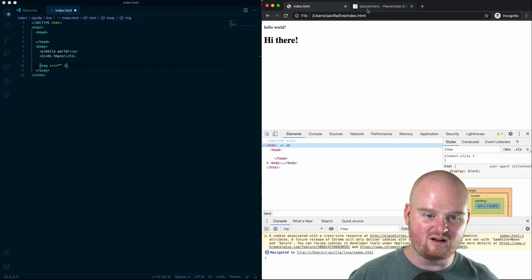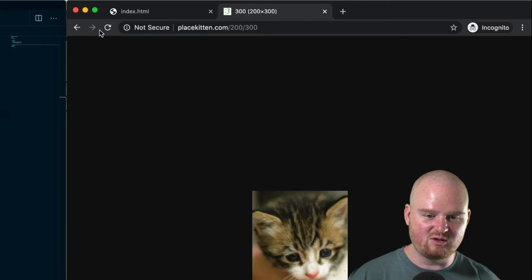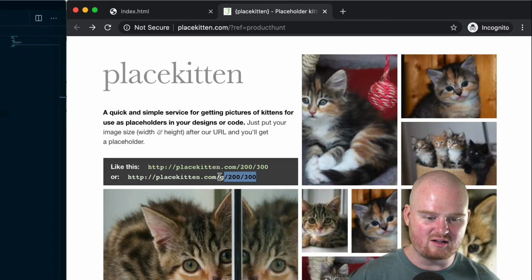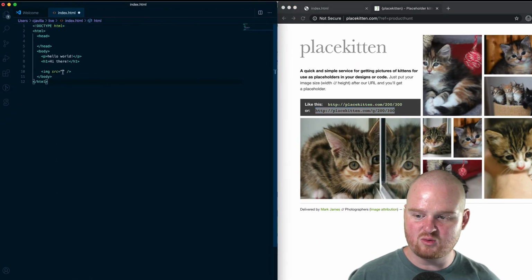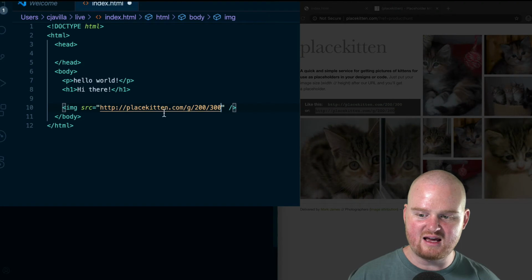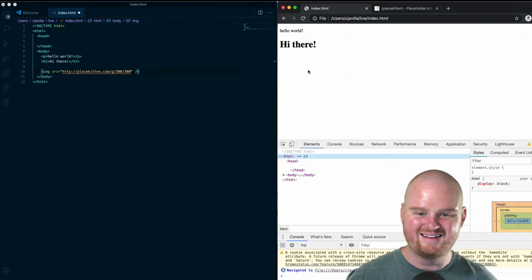Now there's a cool, fun little website when you're building these things called PlaceKitten, and this gives you random images based on the size of the image that you want to present. So this is a 200 by 300 pixel image, and when you are setting the value of the source on an image, you want to set that to the full URL of an image, so that the image is loaded from that URL. So if we refresh the page,